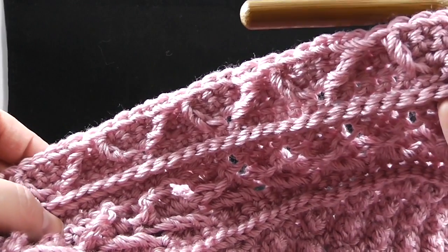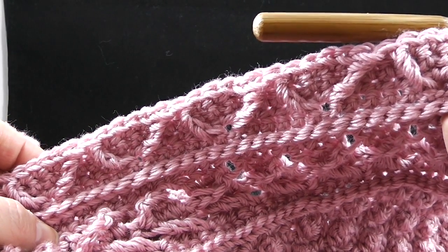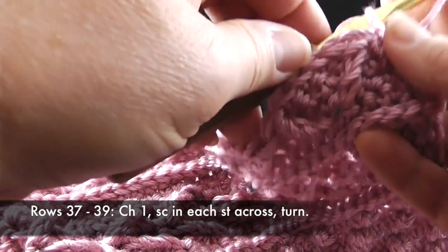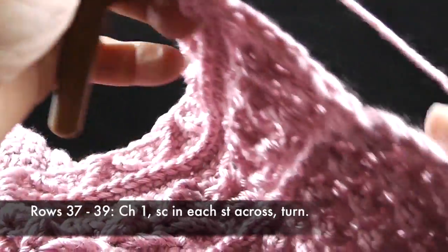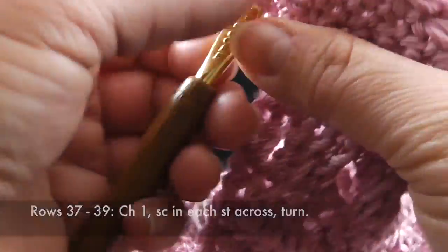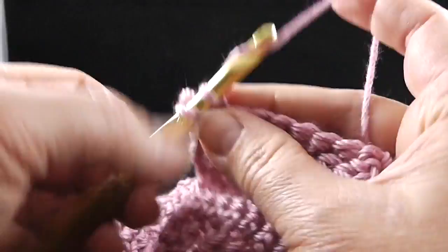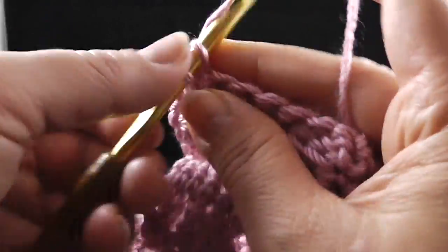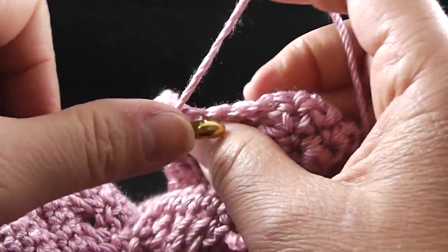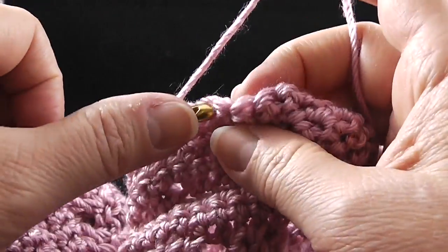Alright, now the next thing we're going to do, rows 37, 38, and 39, that's 3 more rows, are just going to be straight single crochet. So we are going to chain 1. I'm going to turn my work, and I'm going to single crochet in each stitch across. Again, do not work in the turning chain. So single crochet in each stitch across. You're going to do that for 3 rows, and then we will do the next row that will complete the